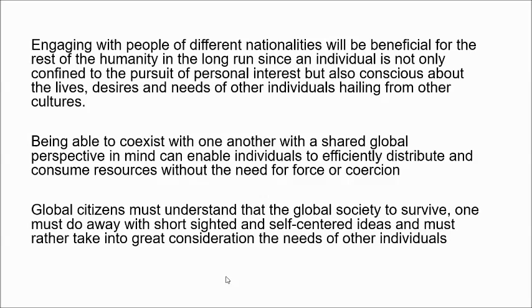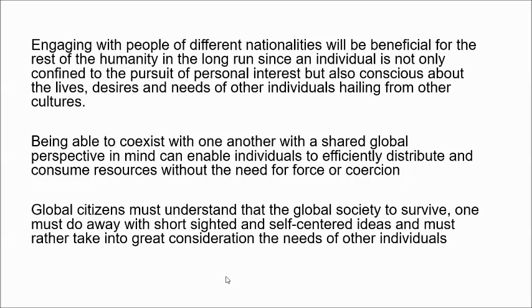Global citizens must understand that for the global society to survive, one must do away with short-sighted and self-centered ideas and must rather take into great consideration the needs of other individuals. So the bottom line here is we should be aware that we do not only live for ourselves, because we live to coexist with one another, because we should be together in it, because we are the global citizens, we are the citizens of this world,